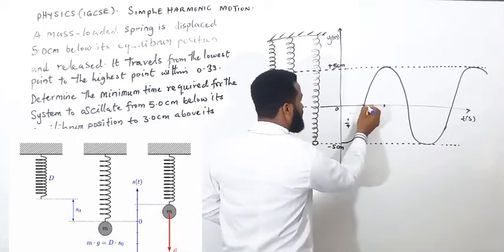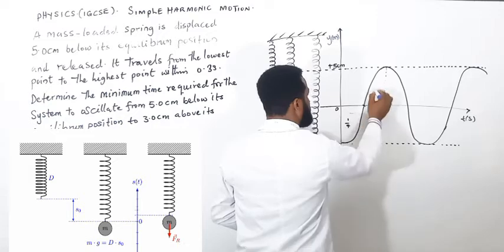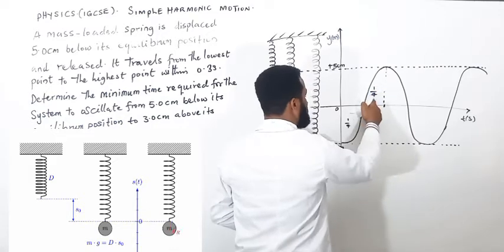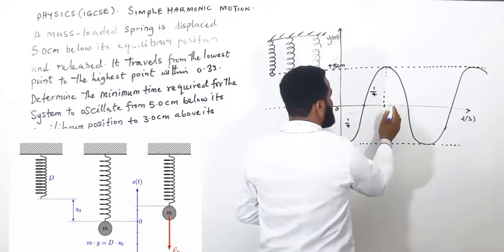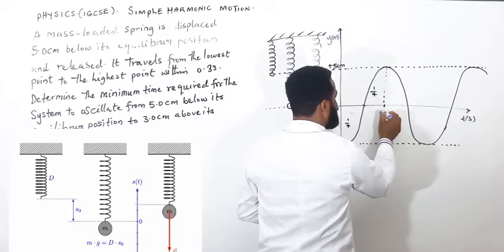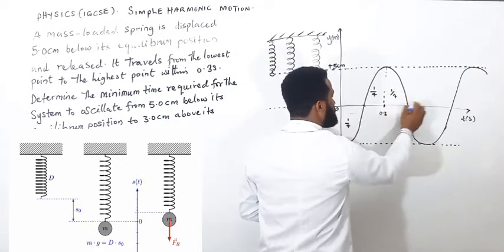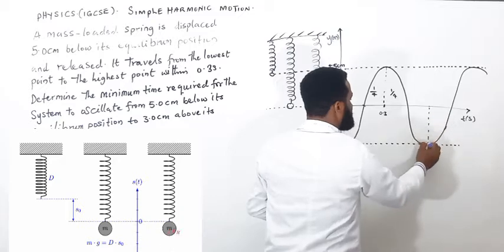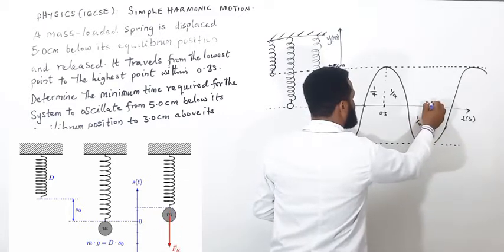From here to here is 1/4, and from here to here is another 1/4. Then 1/4 and 1/4 will give you a half. Then this is going to be 0.3 because it's half. Then this is another 1/4, and this place is going to be 0.6